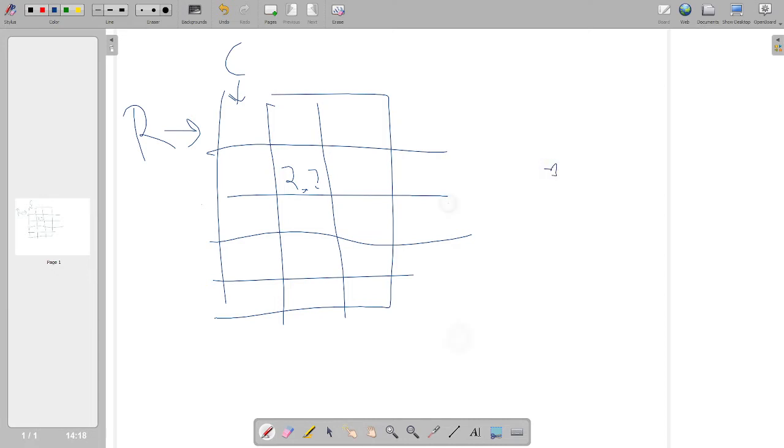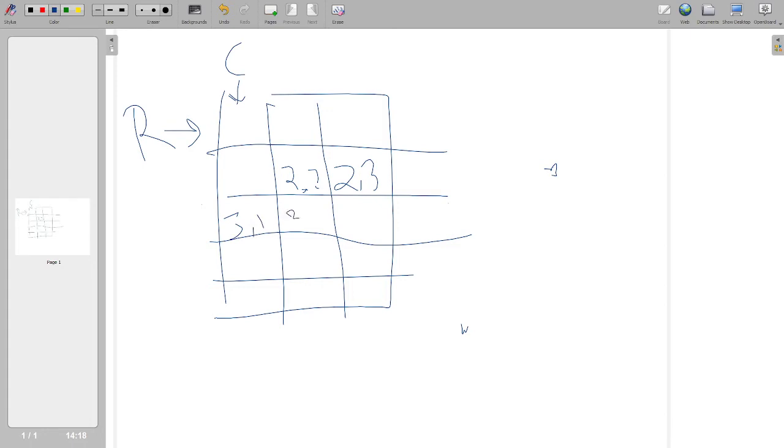And this is called 2 comma, just a second, 2 comma 3. This is 3 comma 1. This is 3 comma 2. Okay, so in this way we address the data.